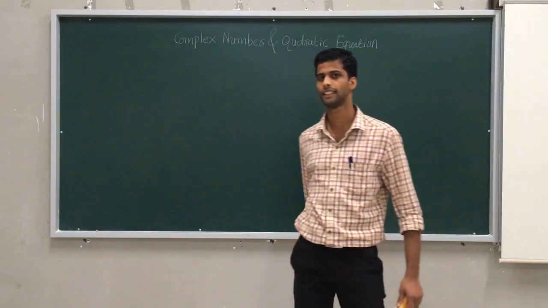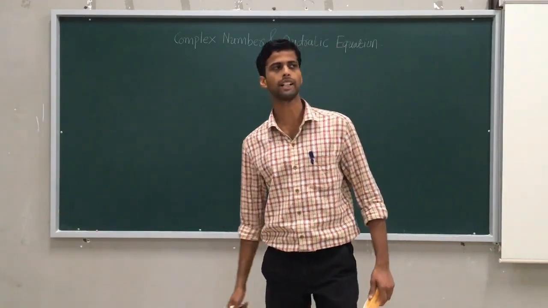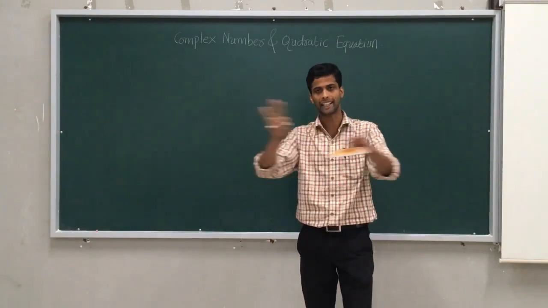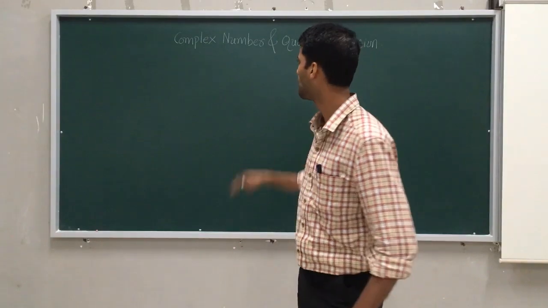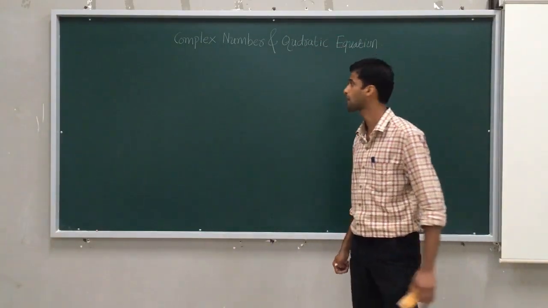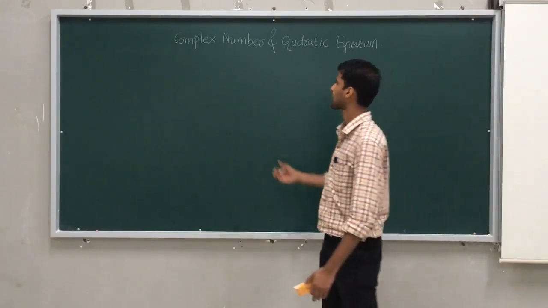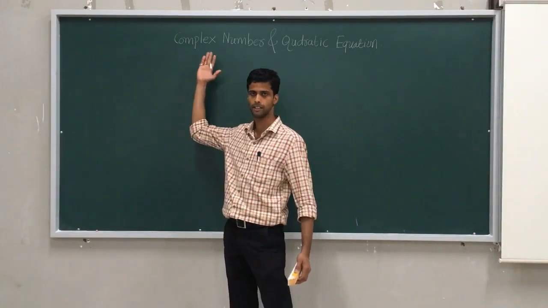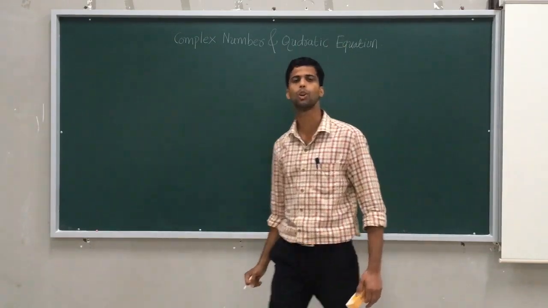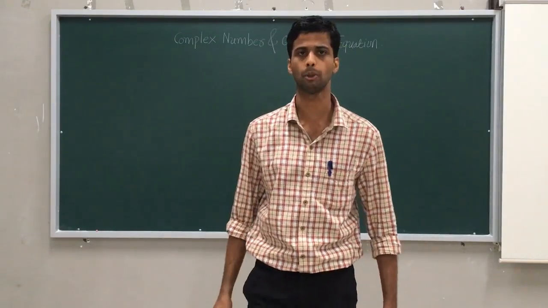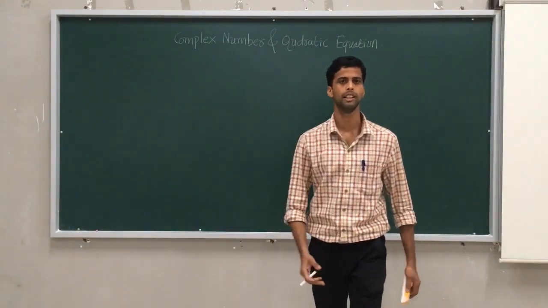So we will take our olden days, what mathematicians used to do with equations as well as numbers. Based on that, we will come to this chapter number 5, complex number and quadratic equation. I will finish the complex number chapter first, and at the end I will start with quadratic equation, because you all know about quadratic equation. Highest power is 2, and you know how to solve quadratic equation.